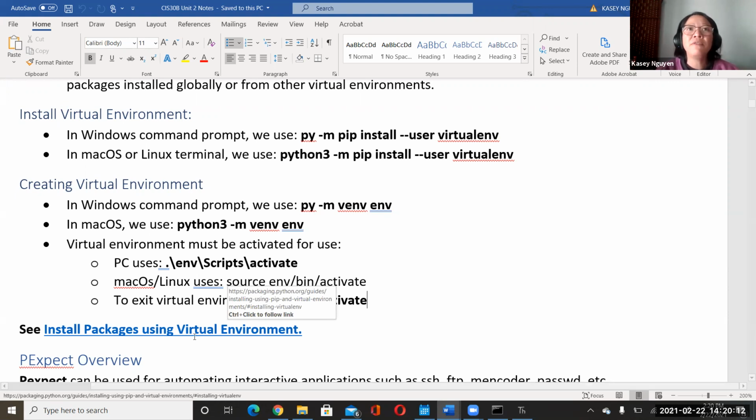Please check it out for the different commands for your operating system, their recommendations, and the procedures on how to install the virtual environment in case you need to use it. For a lot of the testing and simulation purposes, we want to use a virtual environment so it doesn't impact our regular system. Okay, any questions?